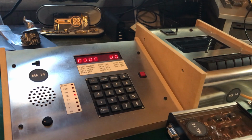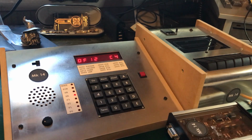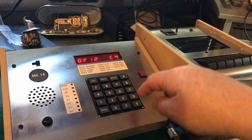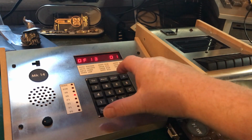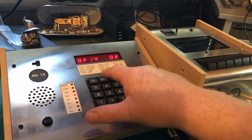So, one of the things we can do is enter addresses in memory, of course, as you can on a standard MK14. So if we put in an area of memory that we know is available to us, for example 0F12, then we are able to put something into that address if we want to. So if we abort the address entry or terminate the address entry, we can change that, say, to 00, step to the next address, 01, step to the next address by pressing the mem key, 02, step to the next